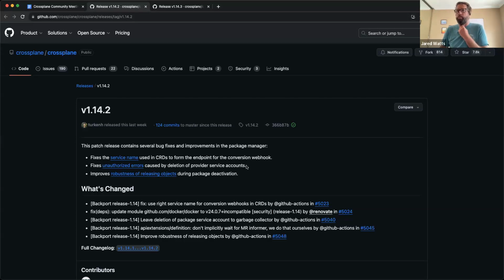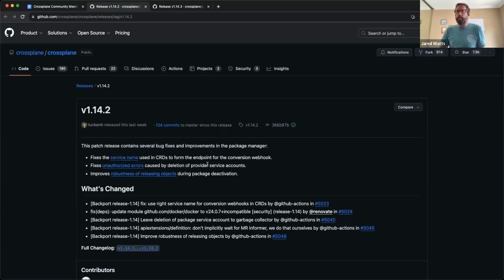There's a bit of a theme there, with some updates to the package manager and the way it handles various revisions of packages as it's upgrading them, releasing objects and cleaning up objects. There were a couple of small regressions introduced from some of that code churn.